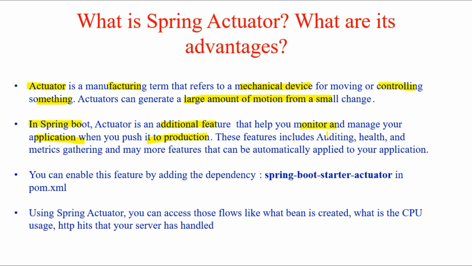So these features include auditing the health of your application, and the metrics, as in how many hits you got on your HTTP open endpoints or the REST endpoints that you have exposed to the clients, and how many clients with what parameters actually hit your HTTP or REST requests in your application on production, because hitting your server on production is a costlier task. It actually costs you bugs or money from your pocket. That is why understanding all those features on production is very important, and controlling those features is also very important. So these features are actually included with actuator in Spring Boot.